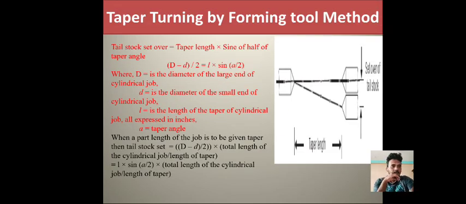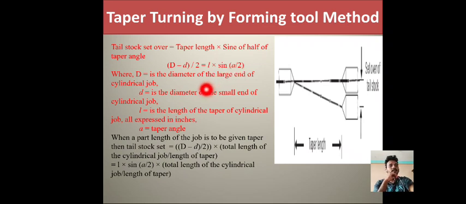Yes, you can see here, the entire thing is the taper length, and this is the set over of the tailstock. The tailstock set over is given by the taper length equals sine of half of the taper angle. We know that the taper length is (D minus d) by 2 equals L into sine alpha by 2, where capital